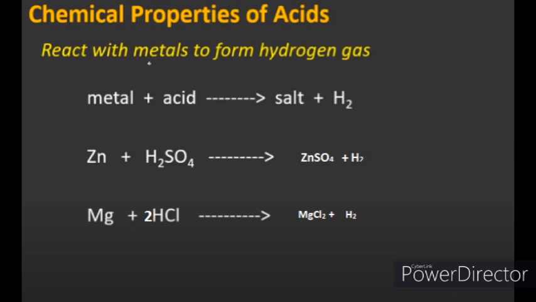Here in the acid you can see that H2SO4 breaks into hydrogen and sulfate ions. Now out of hydrogen and zinc, which one is more reactive? Zinc. So the sulfate ions displace their position and move towards zinc. It will form zinc sulfate, and now what are we left with? Hydrogen gas. So the products are zinc sulfate and hydrogen gas.